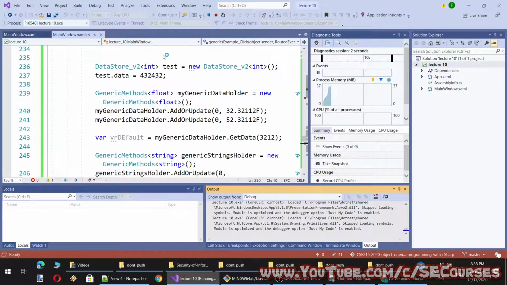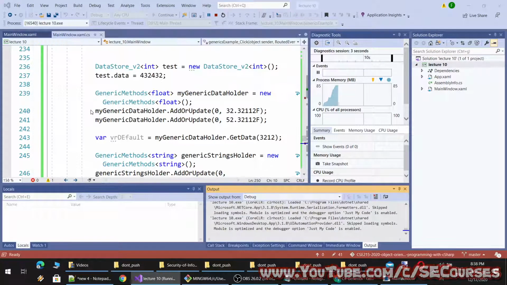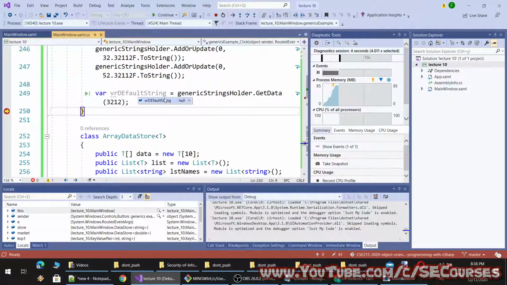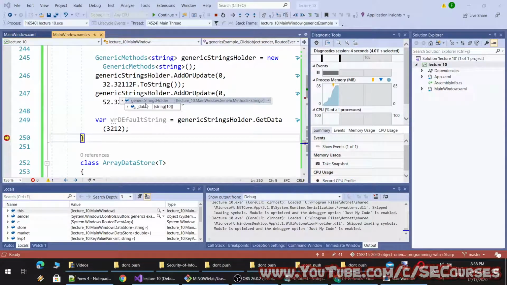What is the default value of string type? It is null. Okay, so you see this is null, and all other values in the array which are not initialized or assigned are by default null.